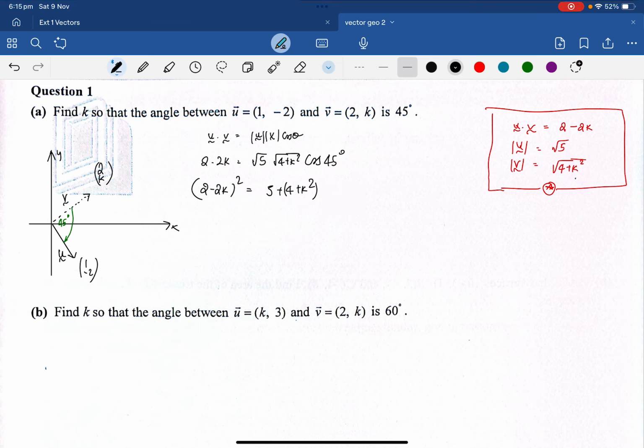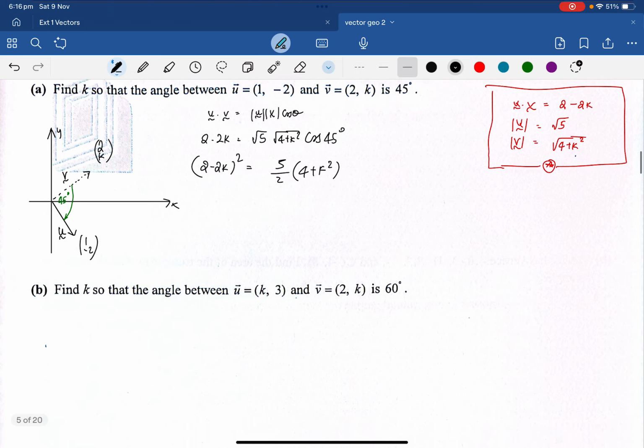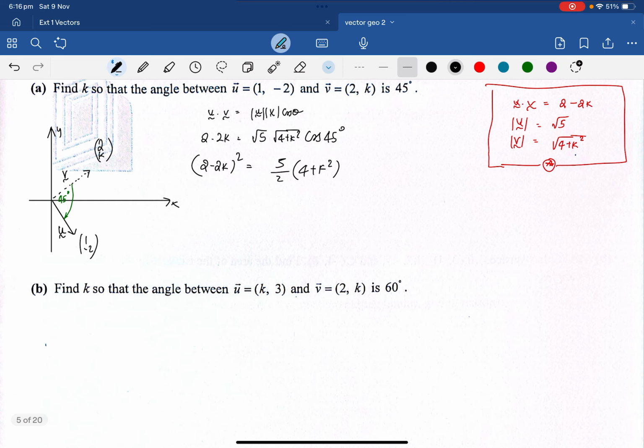Okay, so this is just equal to phi on 2 over 4 plus k squared. Okay, clear? That squared is equal to that. So then,